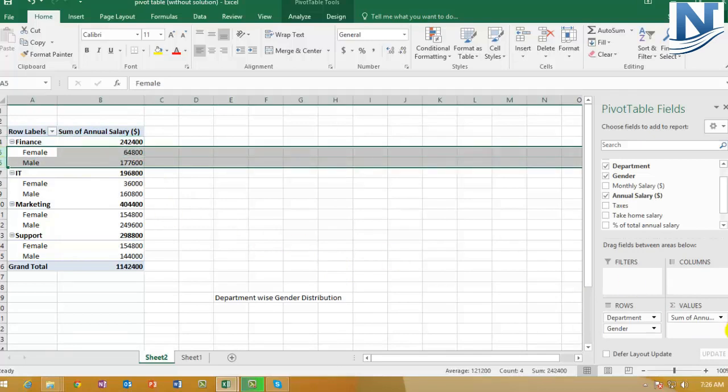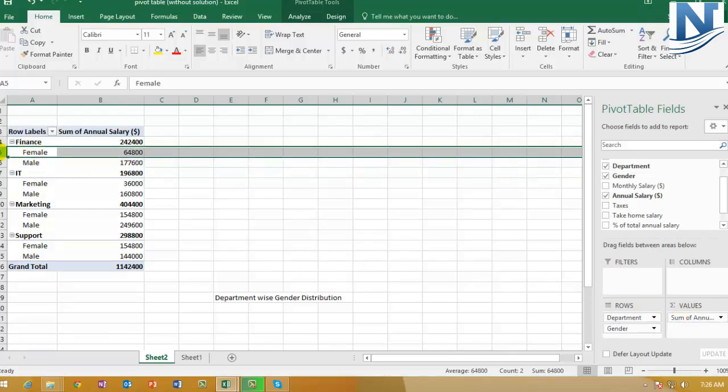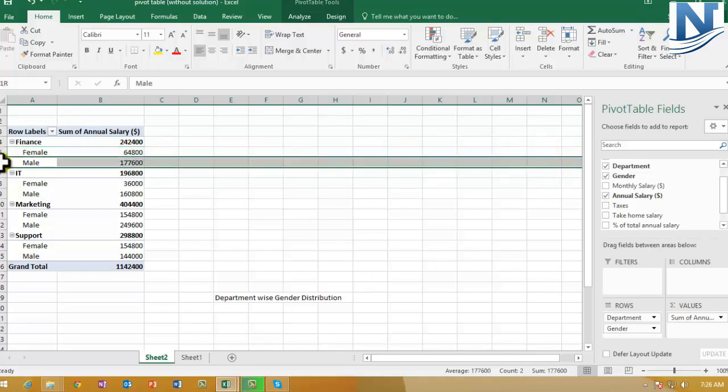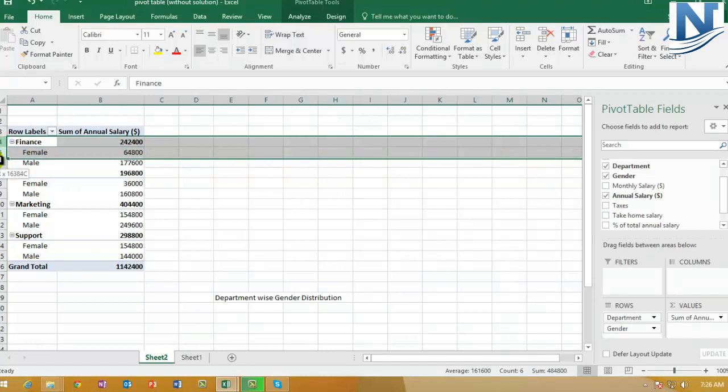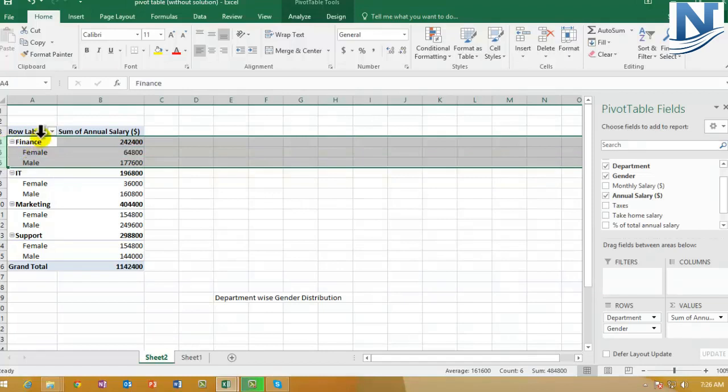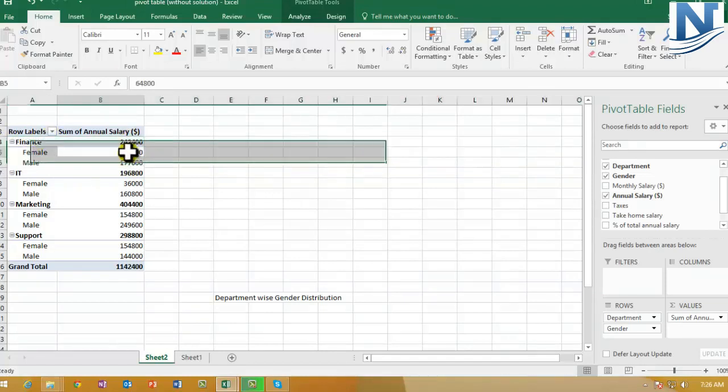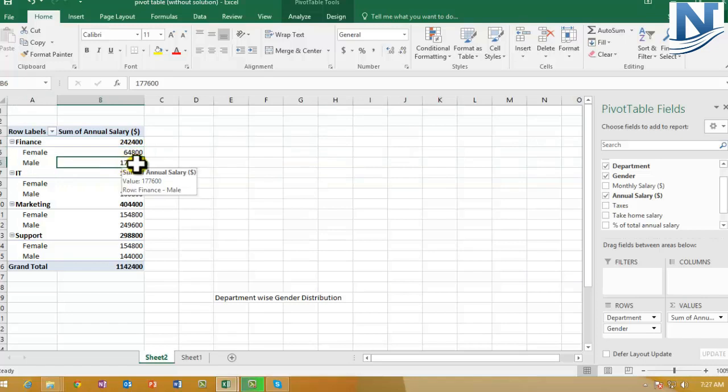Now what has happened is Excel was smart enough to directly give us the sum formula. Like the total salary of females is added over here, total salary of males of only the finance department is added over here. So whatever you see with respect to finance is covered everything, and the values are added for male and female employees. So Excel was smart enough to use the sum formula. But what if you want to use some other formula?